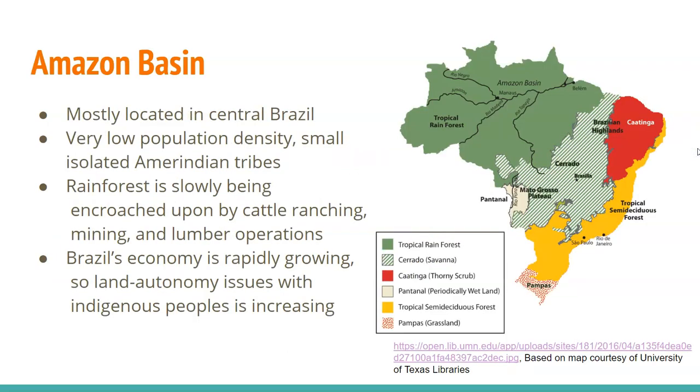Because the majority of the Amazon Basin occurs in central Brazil. So you can see here, we're looking at Brazil, a very large chunk of the northwestern portion is all going to be tropical rainforest. Now, an interesting thing about the tropical rainforest,